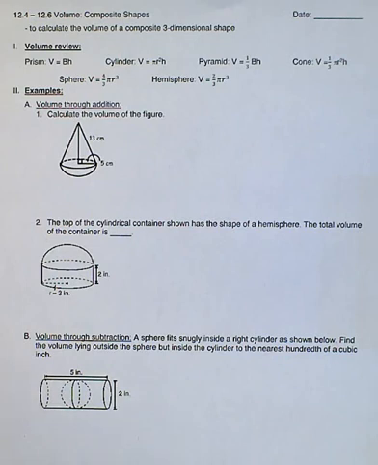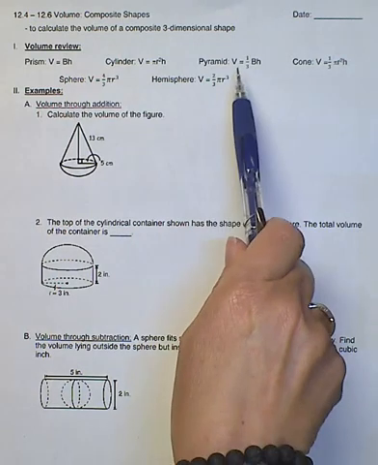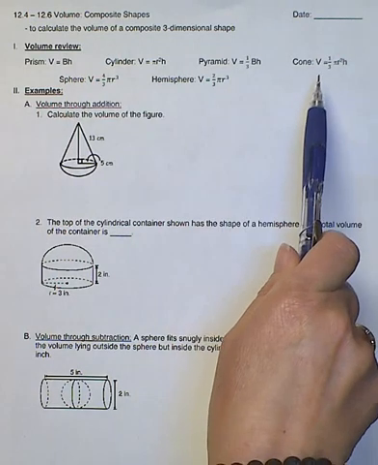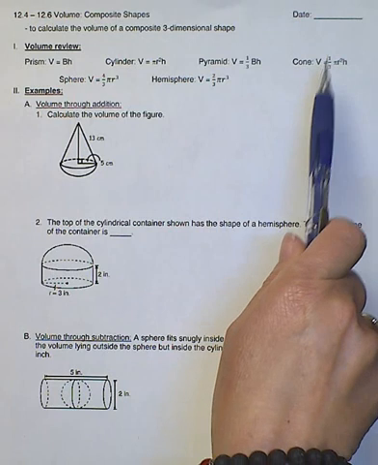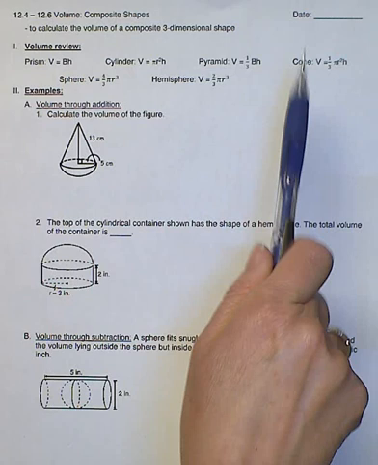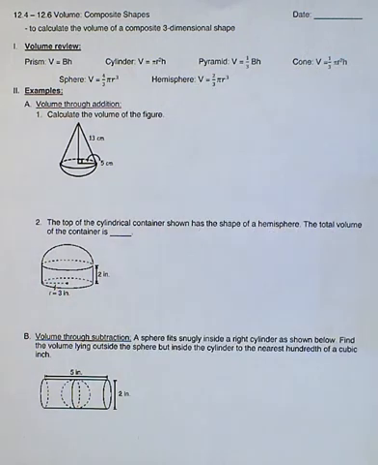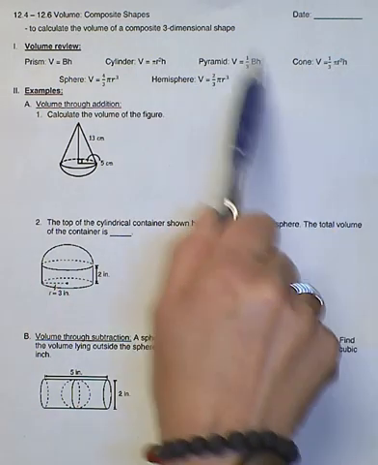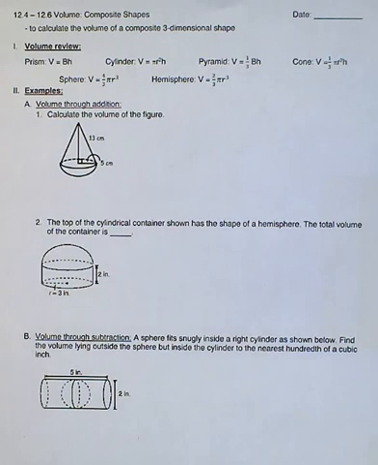You could actually put two pyramids together. You could put two cones together. You could put a cone with a cylinder. You can't put a cone with a pyramid because a cone has a circle and a pyramid doesn't. So there are some limitations as to which ones can go together. There aren't very many limitations of which ones can be subtracted, but together they tend to be the same base